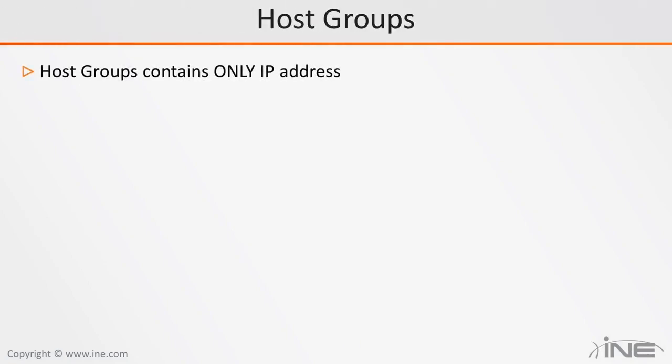So starting with the host group. Host group is basically a collection of the IP addresses. Host groups can only contain the IP addresses. It cannot contain any DNS names or any MAC addresses. It's just the IP addresses. The reason we have a host group is because a lot of actions are being performed on these host groups